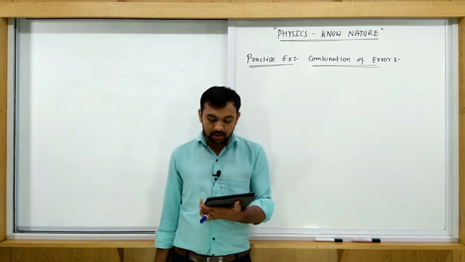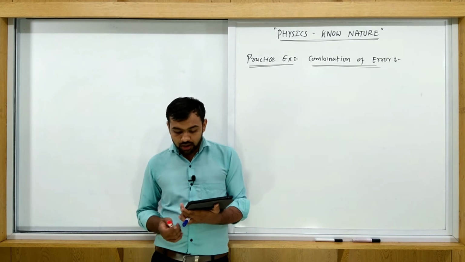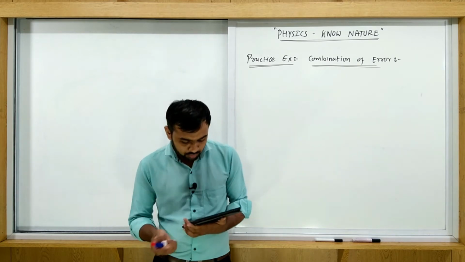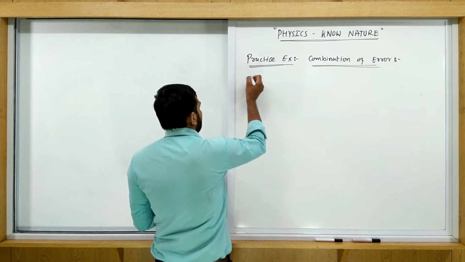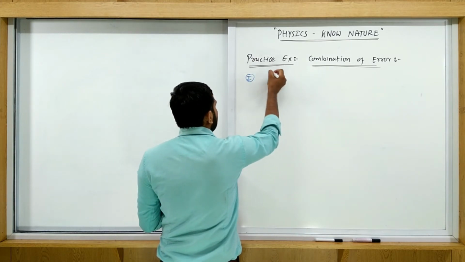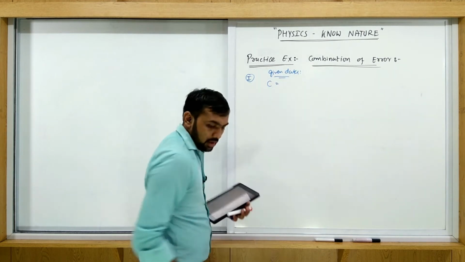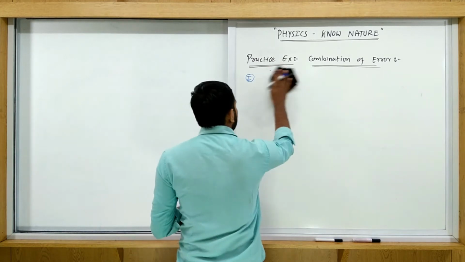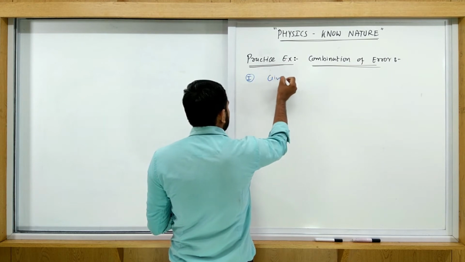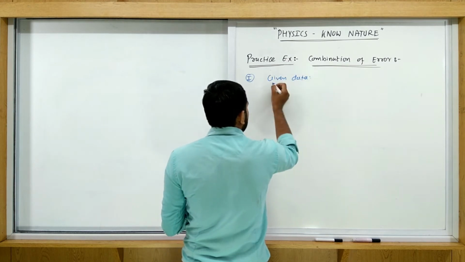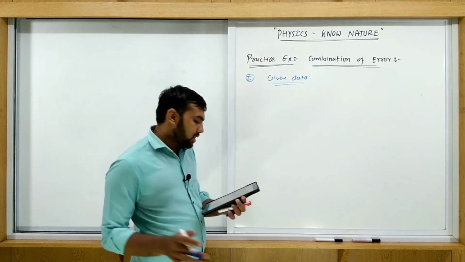A capacitor of capacitance C is equal to C, that is the given data. Okay, I am just writing down only the given data. All of you write the problem statement fully. So what is the given data in the problem? Write down: a capacitor of capacitance C is equal to